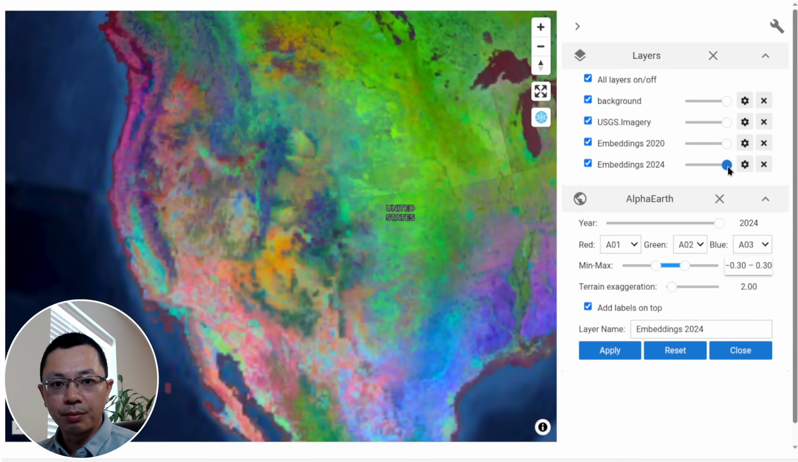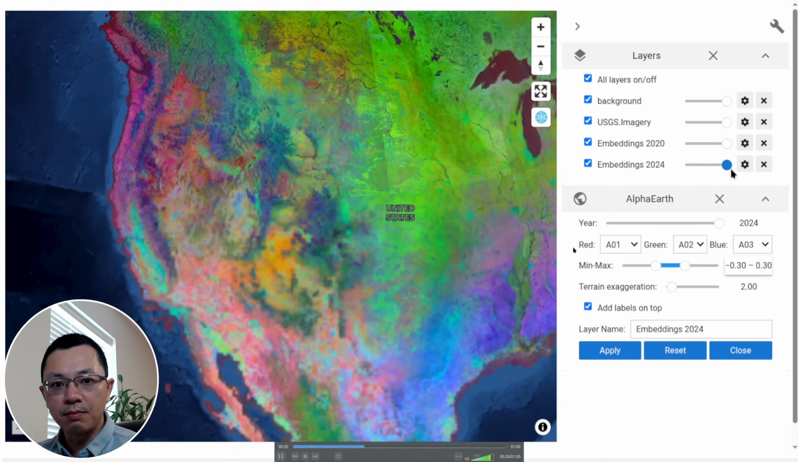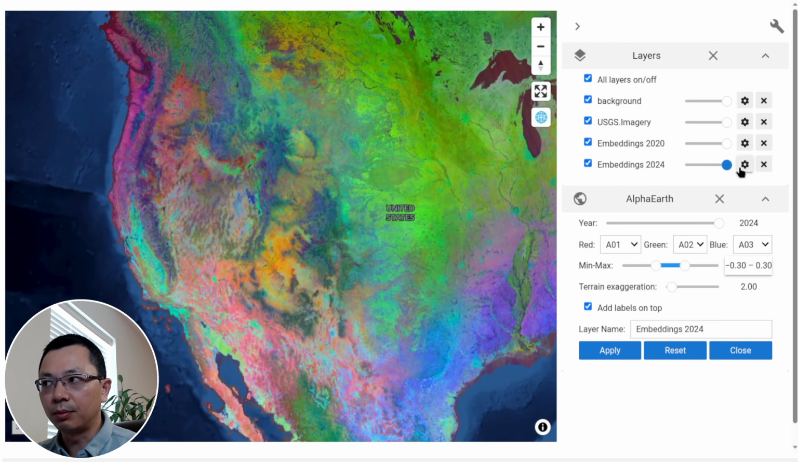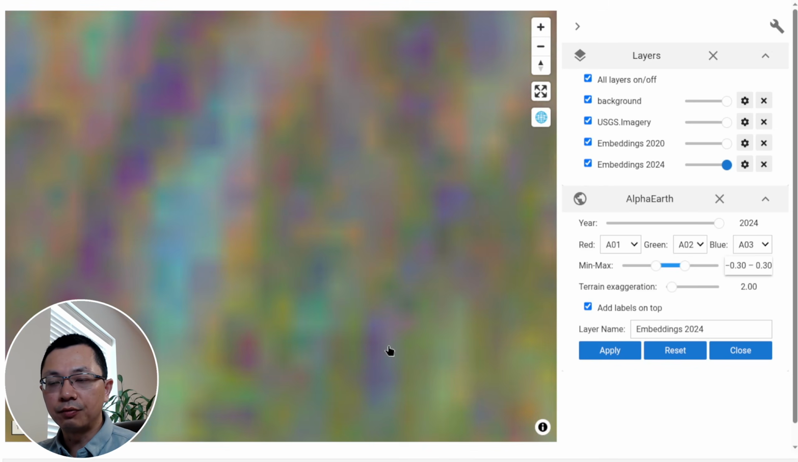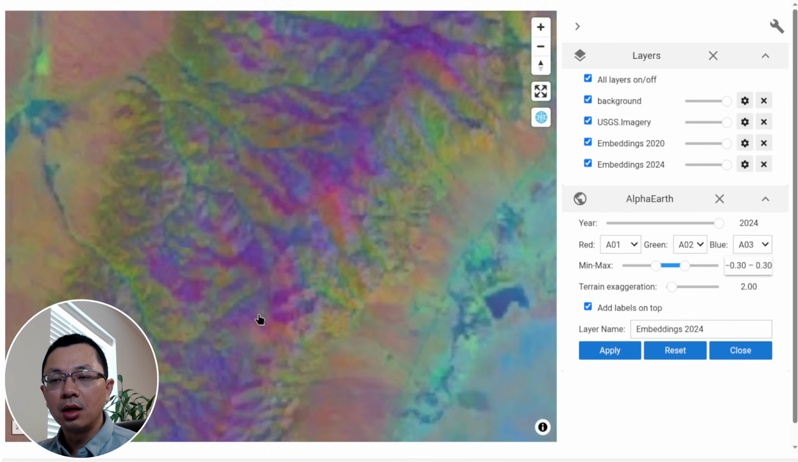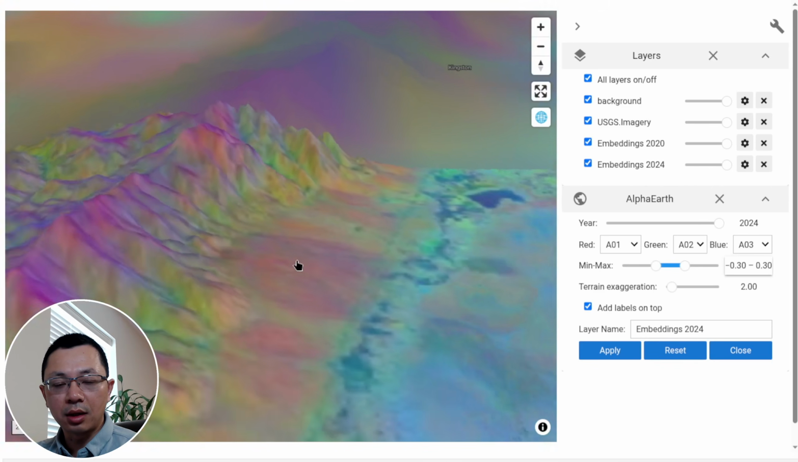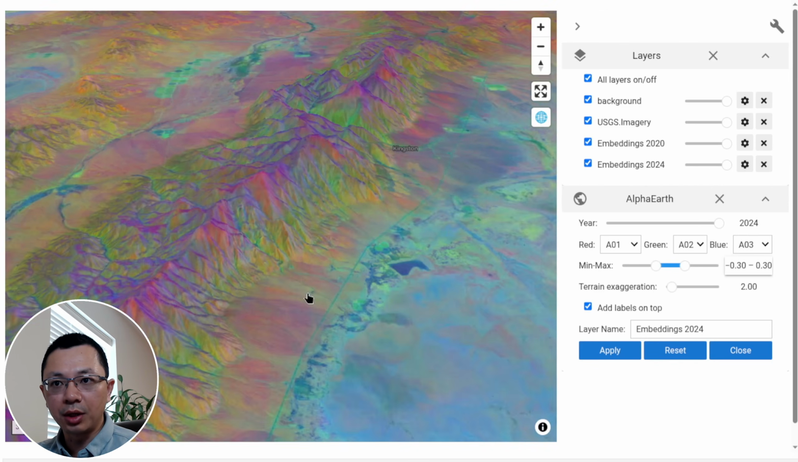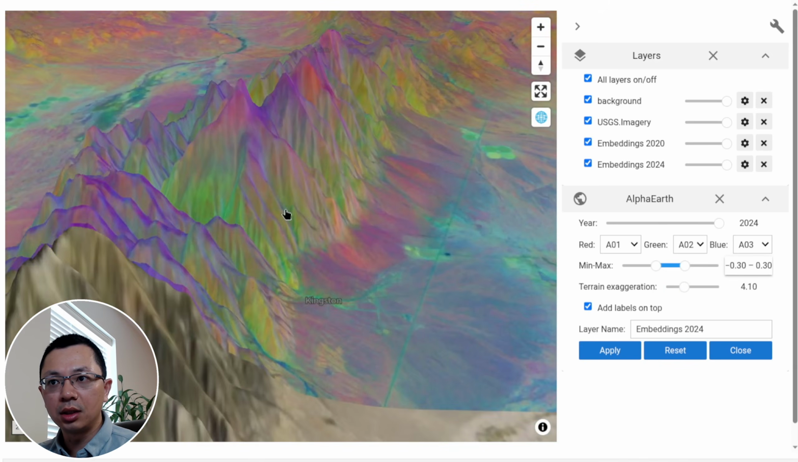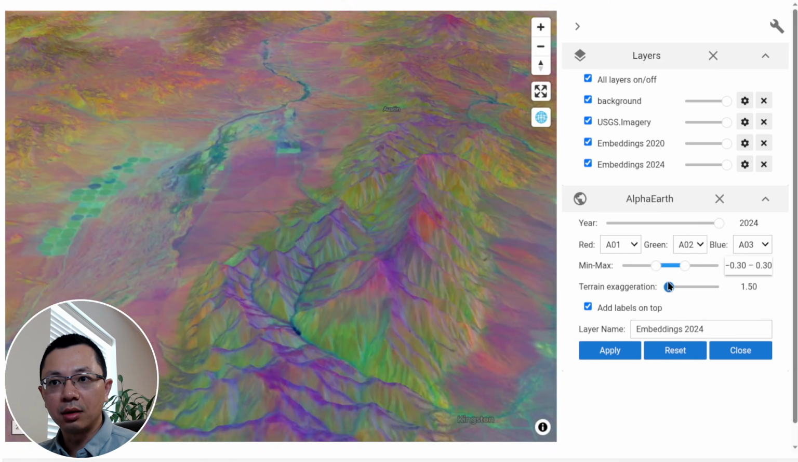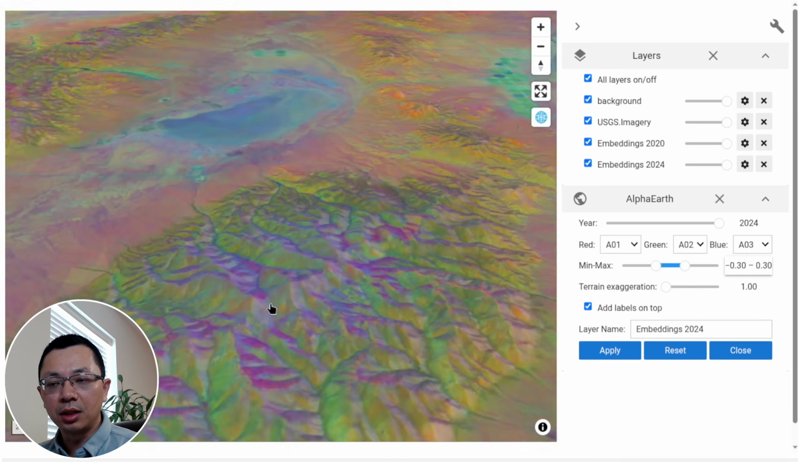You will also be able to compare different years of satellite embeddings side by side, with one on top and the other on a different data layer. You can also visualize them in 3D, so you can overlay the satellite embeddings on top of the terrain. You can also change the terrain exaggeration easily,